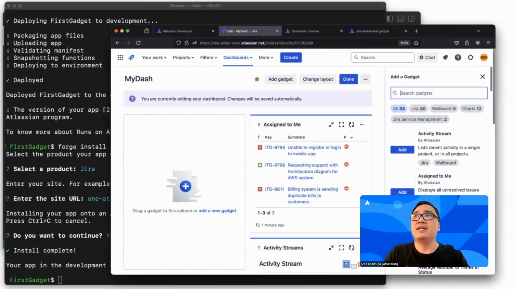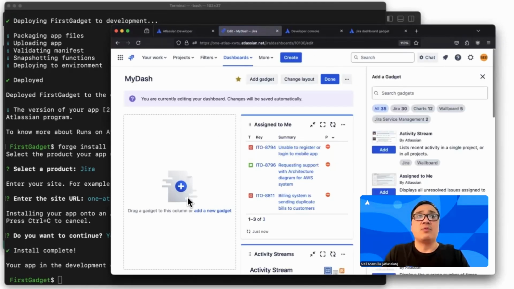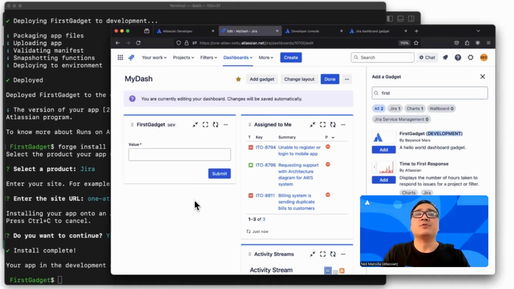Let's go to add gadget. Let me make sure I reload this so that it'll refresh all that. I want to add a gadget, and there it is. The first gadget. We're in development, it will say development, and it says by Beyonce Mars. And there it is. So what does this thing do? This is the config view. So if I type in Germany and hit submit,